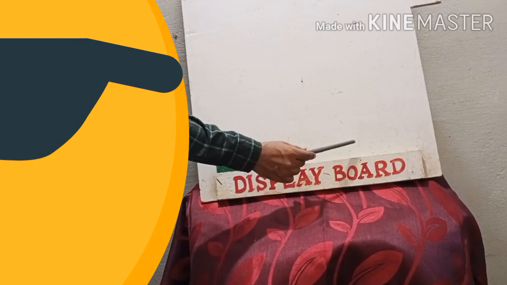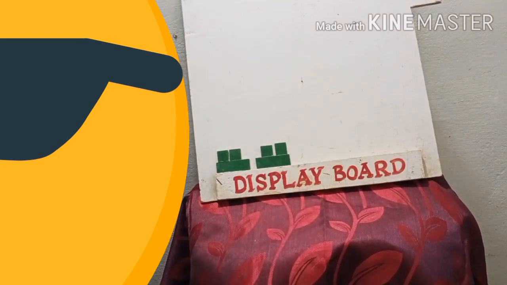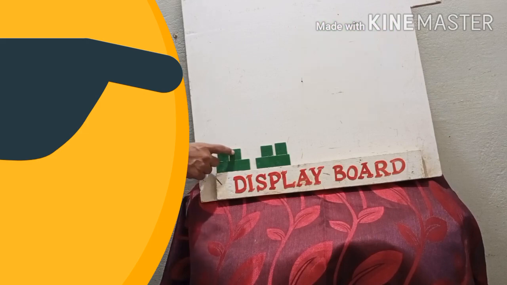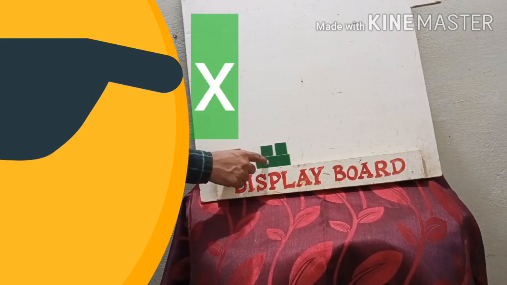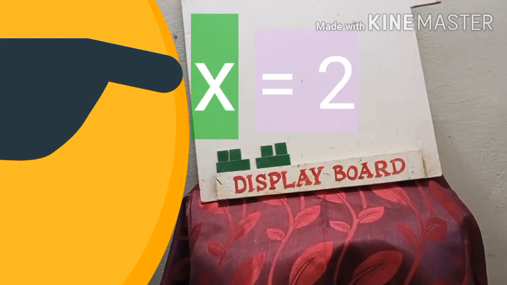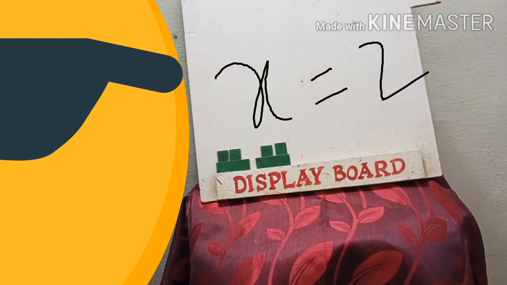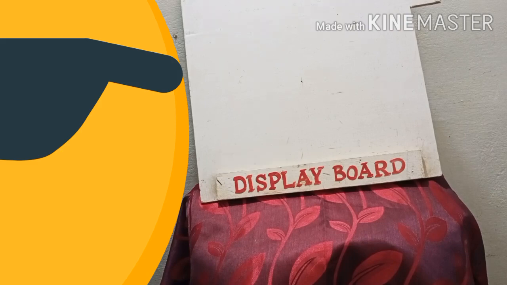No, the RHS will be here 0. Then that means here this rectangle stands for plus x. This stands for 2. Here x is equal to 2. Here also x is equal to 2. Okay. So therefore the solution is x is equal to 2. Are you clear? Example is 5x plus 2 is equal to 2x plus 8.